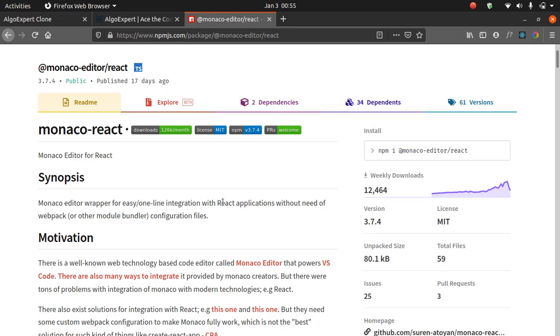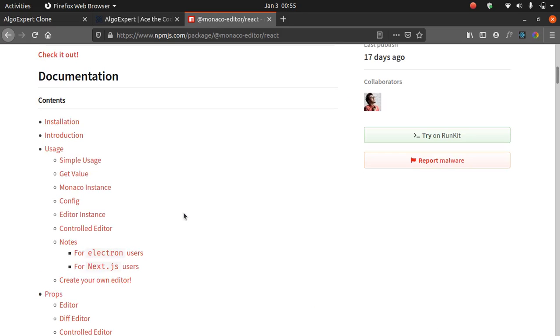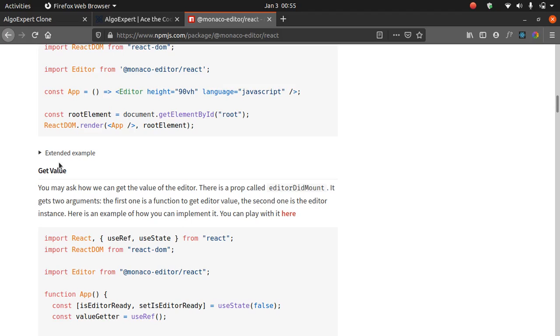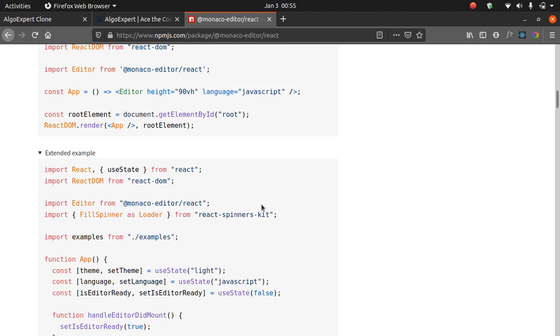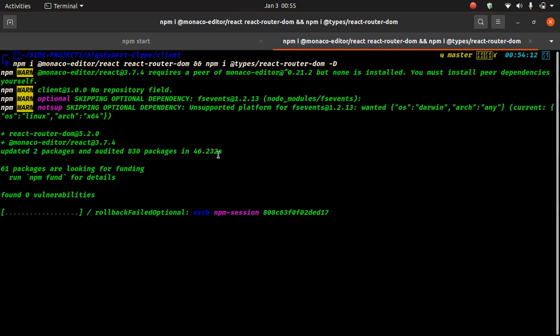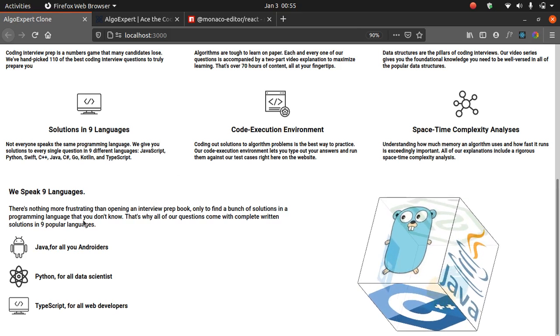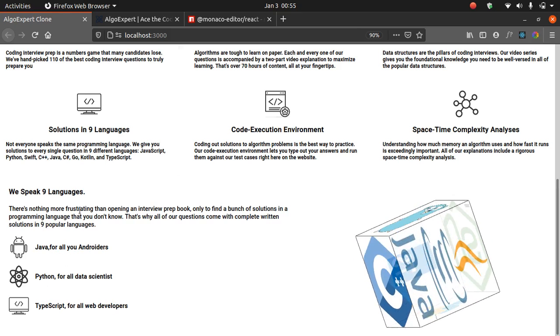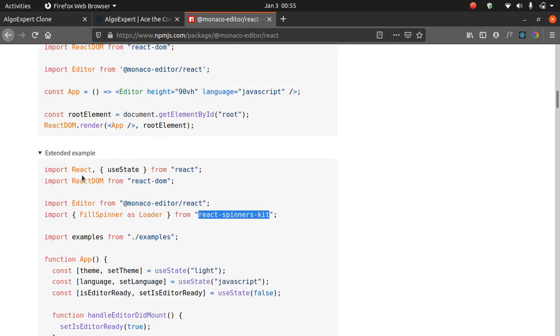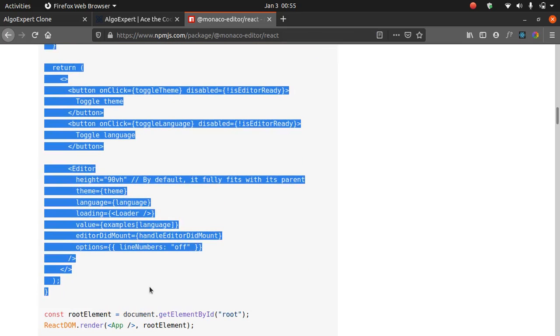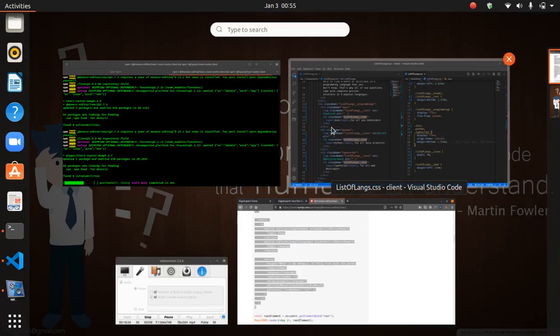Now what we need is, you guys can read into this documentation, but I'll be taking you through everything, right? We're just embedding, so we need the extended example. We also need to install React spinners, right? So let's take that and wait for that to install. Alright, so we'll also install React spinners. Yeah, we're looking good now, the space, right? Now let's take this entire code, and that's the entire code that we need. Let's take that